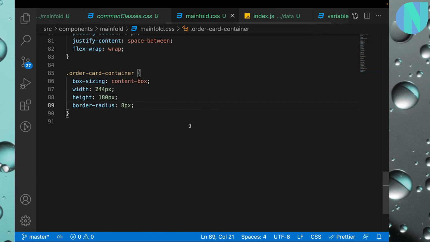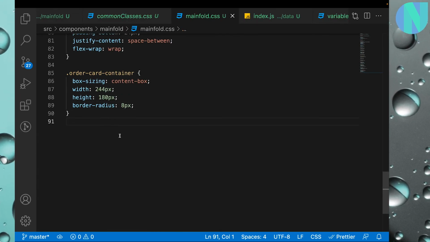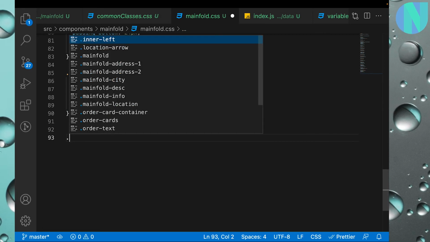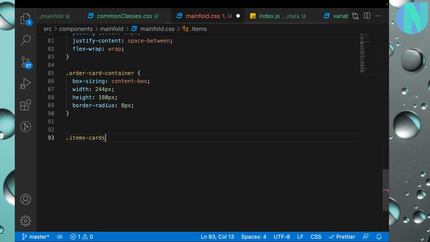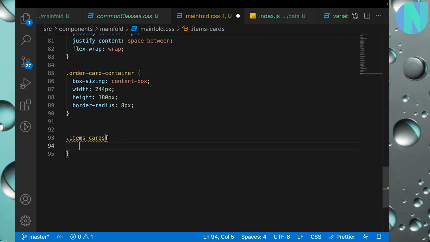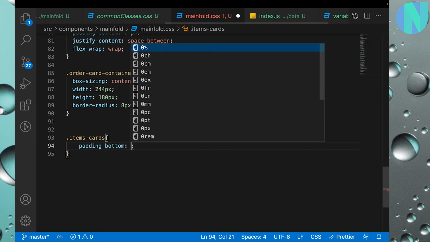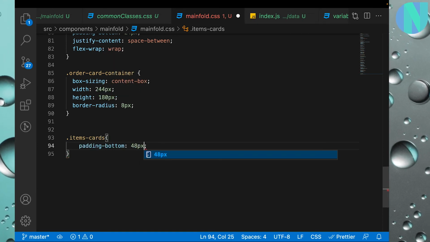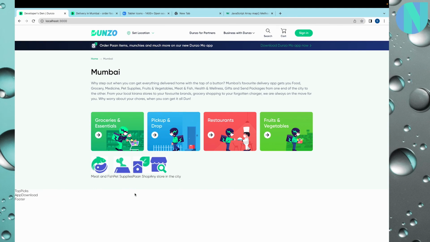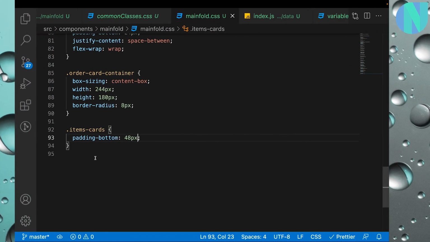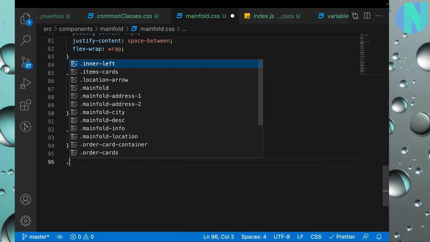And inside the CSS file, let's get started with the items cards. First of all, items cards just need one property, which is a padding from the bottom. So I'll give it a padding of 48 pixel so that there is some space between this background's edge and the items cards that we have. Now for each of the individual item card that we have,